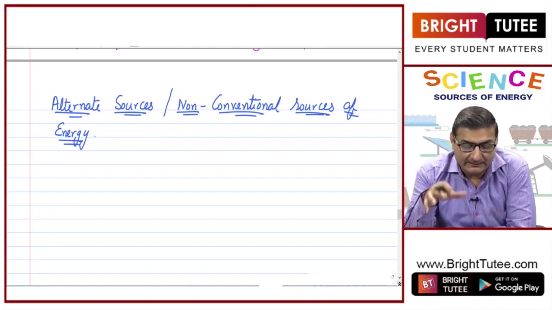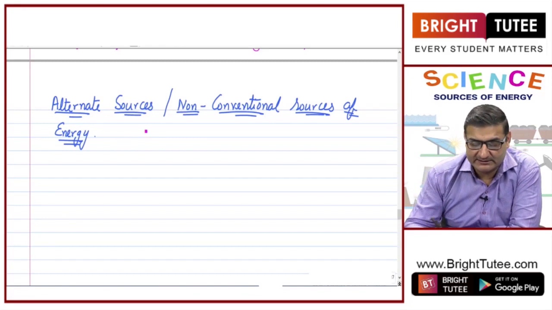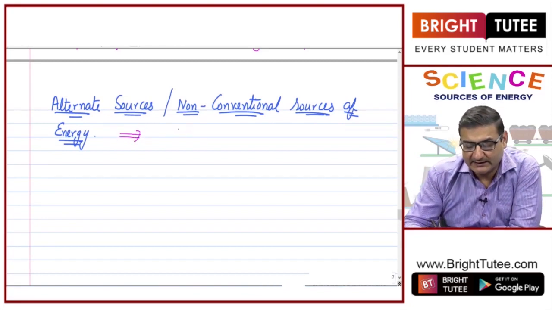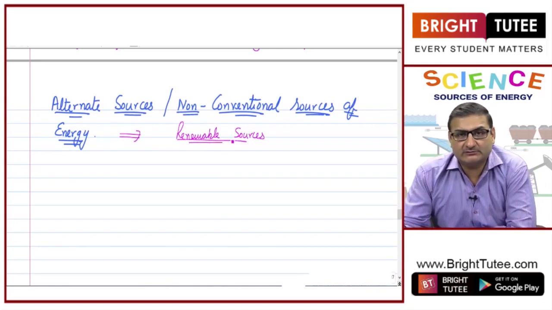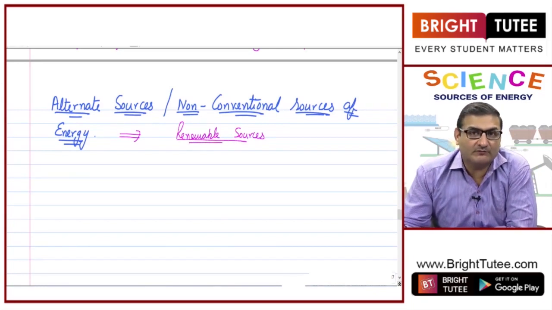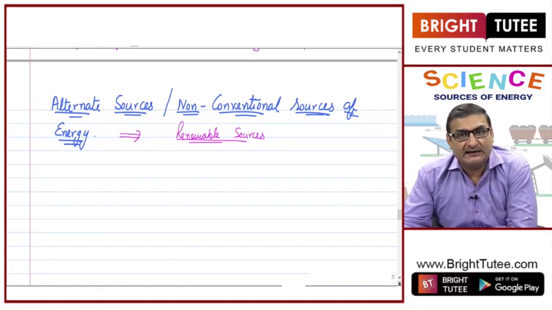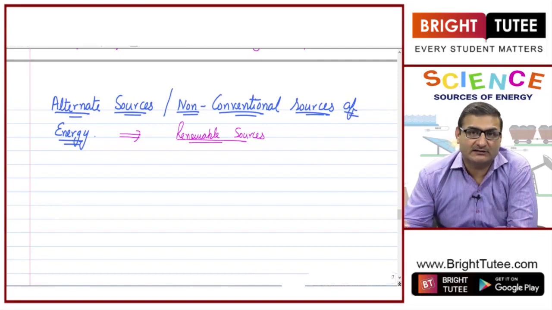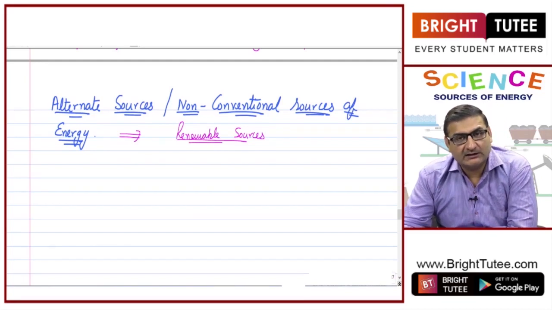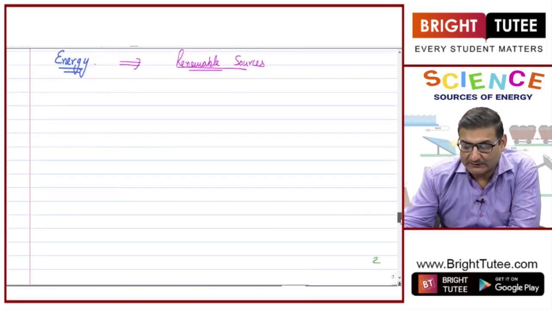Fine. And these all alternate sources of energy, the best part about them is they are all renewable sources of energy. Being renewable sources of energy or inexhaustible sources of energy, they are good for us. They are not going to exhaust, and that is why if we increase our consumption towards these alternate sources of energy, they can fulfill our requirements. Now, what all are the alternate sources of energy? We will study one by one.